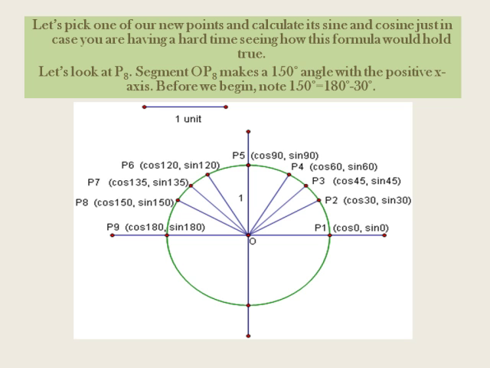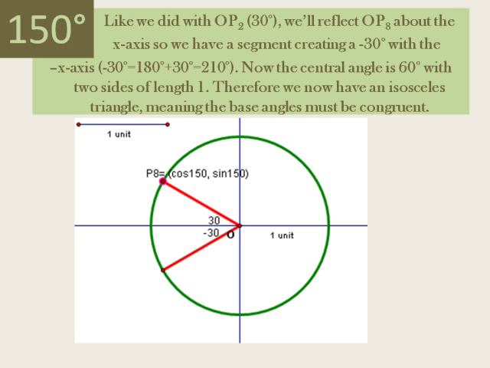Before we begin, note that 150 degrees equals 180 degrees minus 30 degrees. Like we did with OP2, which